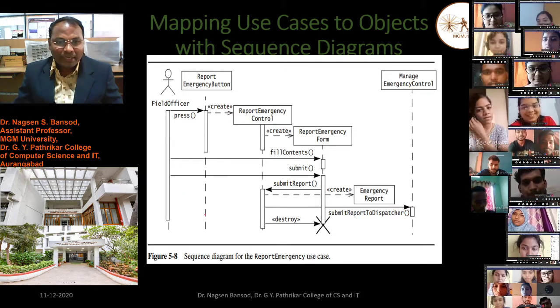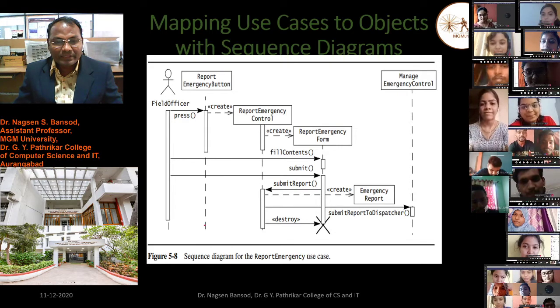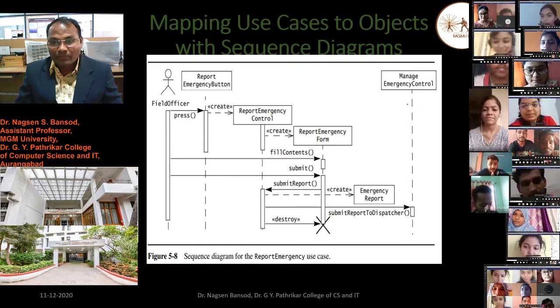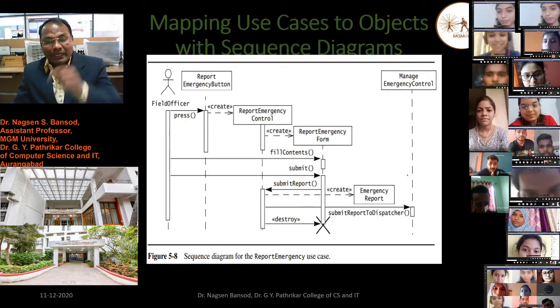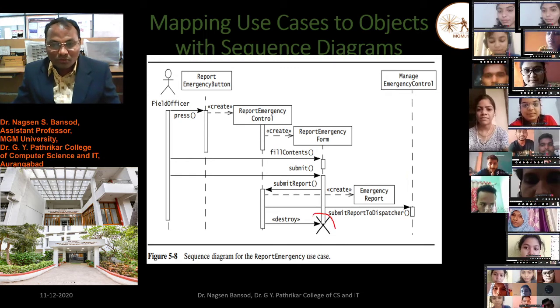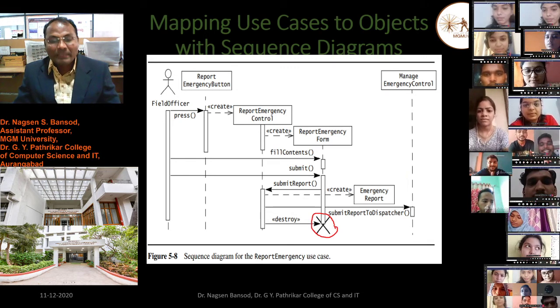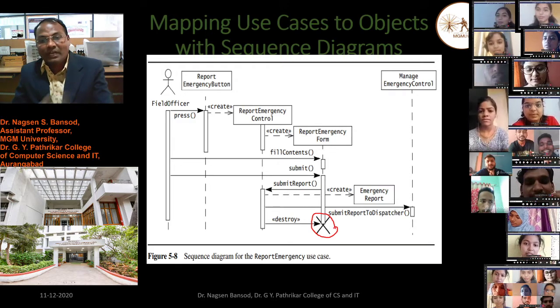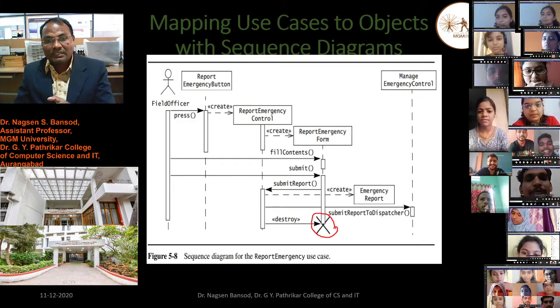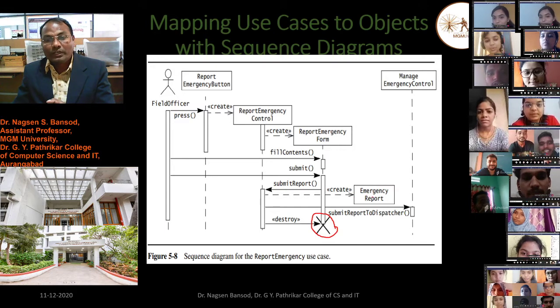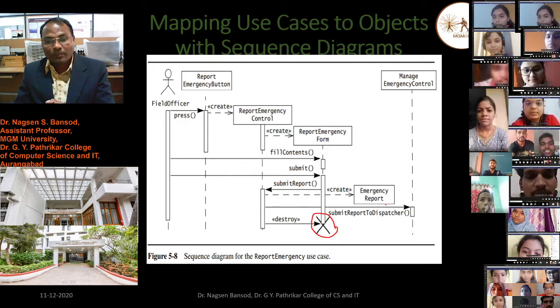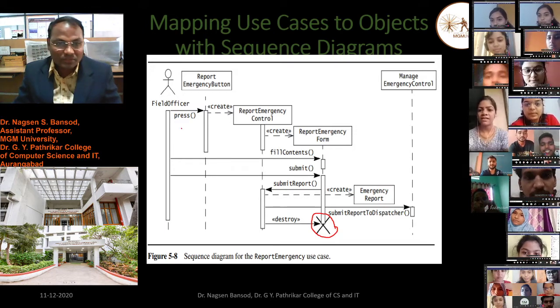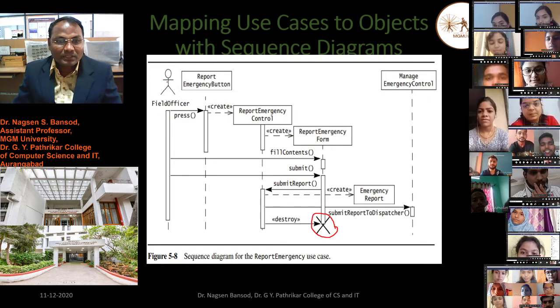Now look at this dotted line, which represents the time span to receive the message. This cross indicates the message is not received, meaning the connection is discontinued. This is the field officer.